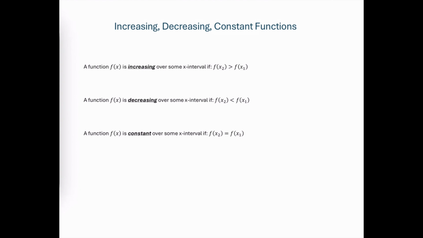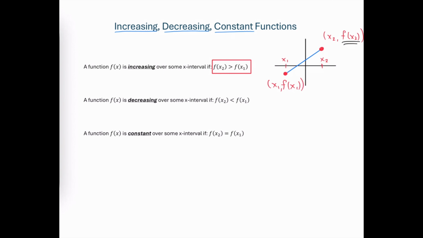We're now going to look at determining where a function is increasing, where it is decreasing, or where it is constant. Essentially, a function is increasing over some x interval, and we'll call that interval from x sub 1 to x sub 2, if that function evaluated at x sub 2, or the y value associated with x sub 2, is greater than the y value associated with x sub 1, then we say that the function is increasing over